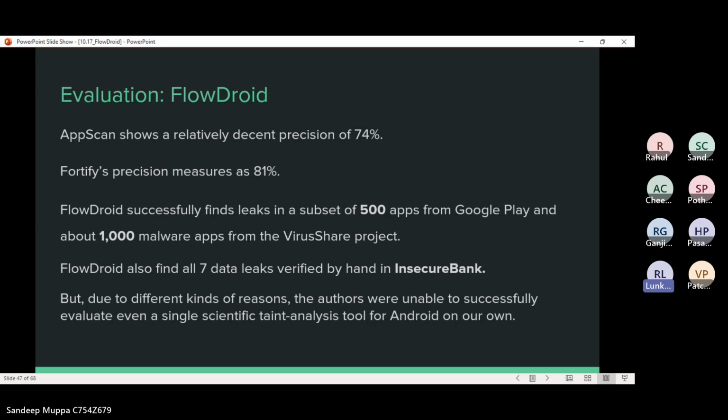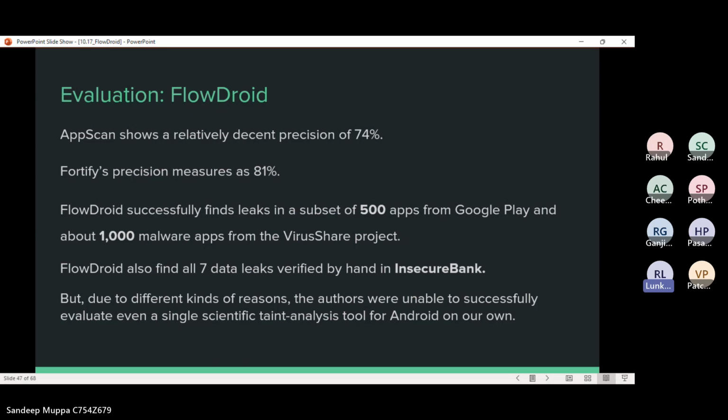It finds the data leaks verified by the Insecure Bank app, numbering seven. There were seven data leaks, and it successfully finds leaks in a subset of about 500 apps from Google Play.